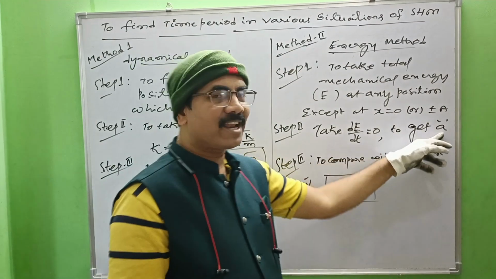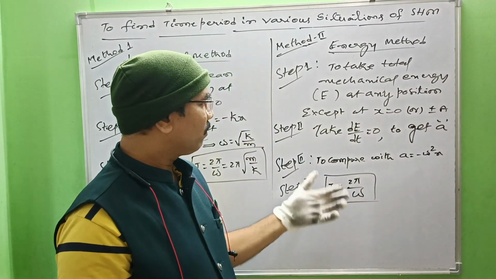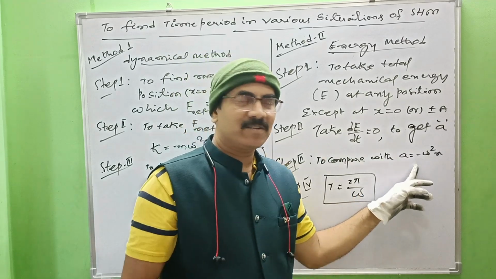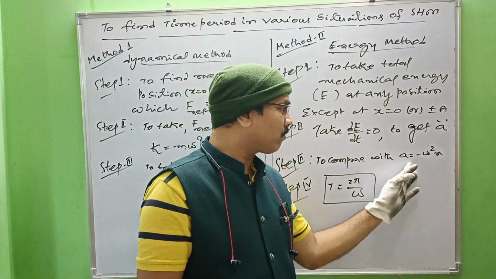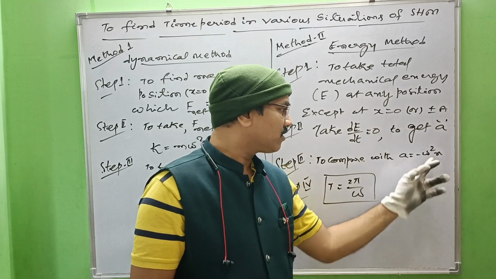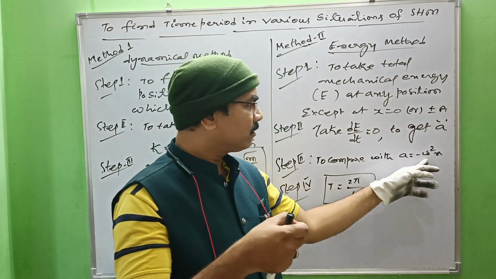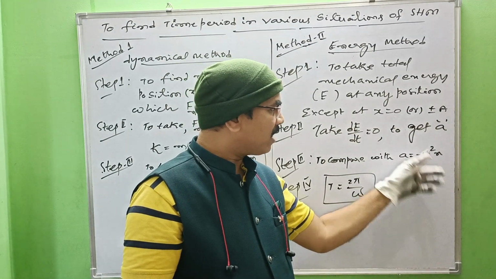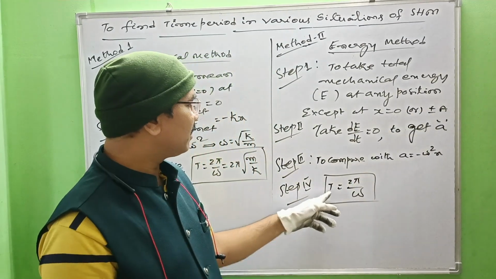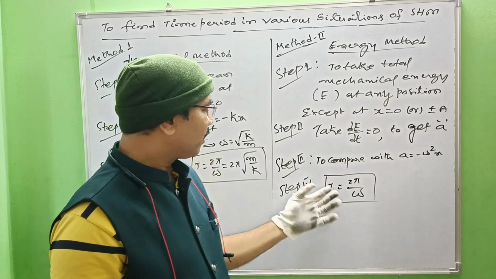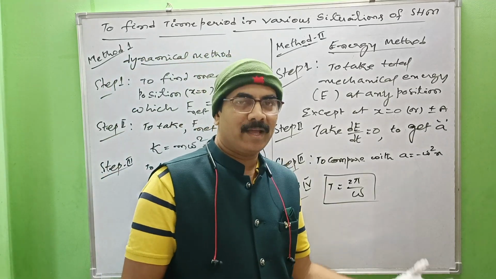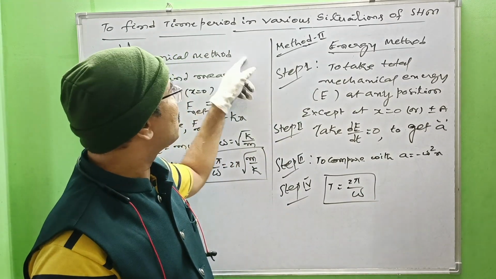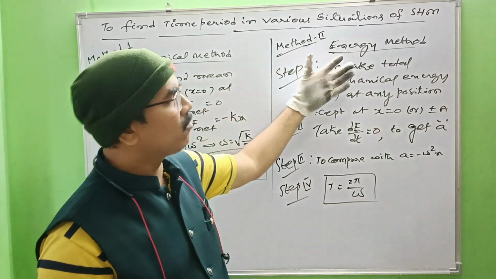After knowing acceleration, in step number 3, we have to compare this acceleration with that of the equation of SHM. What is that equation of SHM? That is a equal to minus omega square into x. From which we can know the value of omega, angular frequency. Then in step number 4, time period T equal to 2 pi by omega. So that's how one can determine the period of oscillation of any simple harmonic motion in